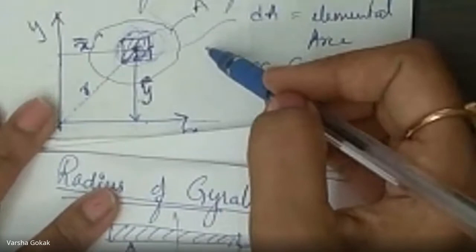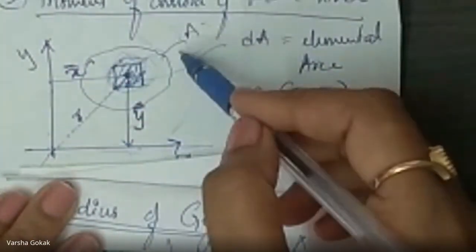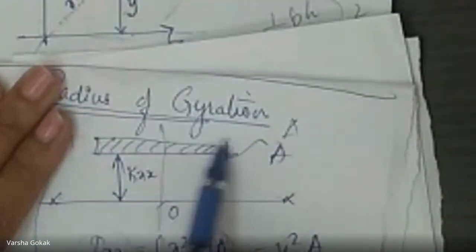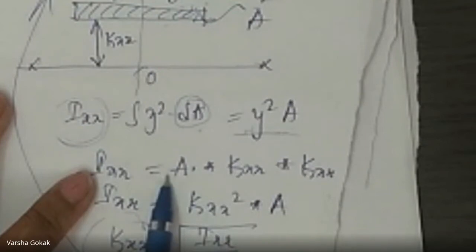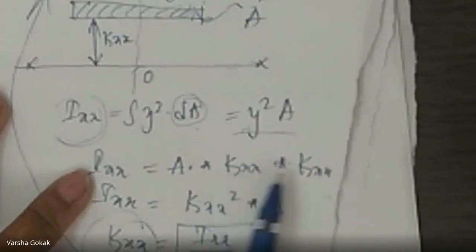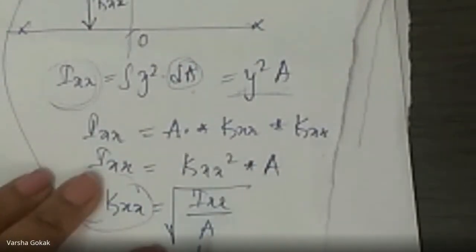So the explanation goes: if the area shown in this figure is concentrated into a thin strip of the same area and placed parallel to the x-axis at a distance kxx such that it will give the same moment of inertia as that of figure 1, then this distance kxx is called the radius of gyration. And it is obtained by what? Using the general formula of moment of inertia, Ixx is the second moment of area, so area into square of perpendicular distance. From that I will get the value of kxx, that is, Ixx by A.